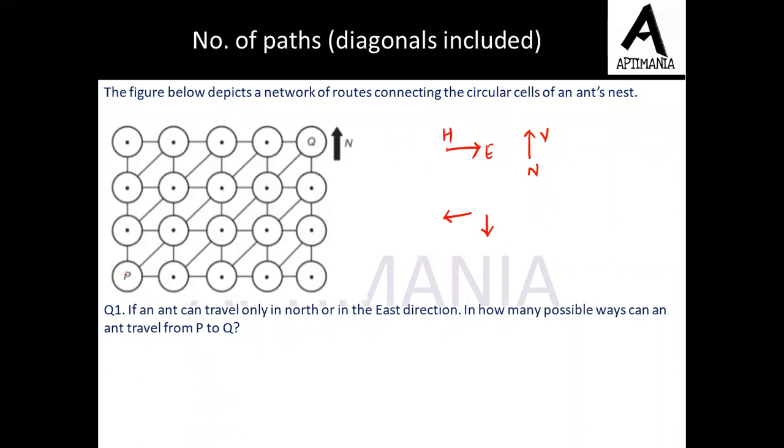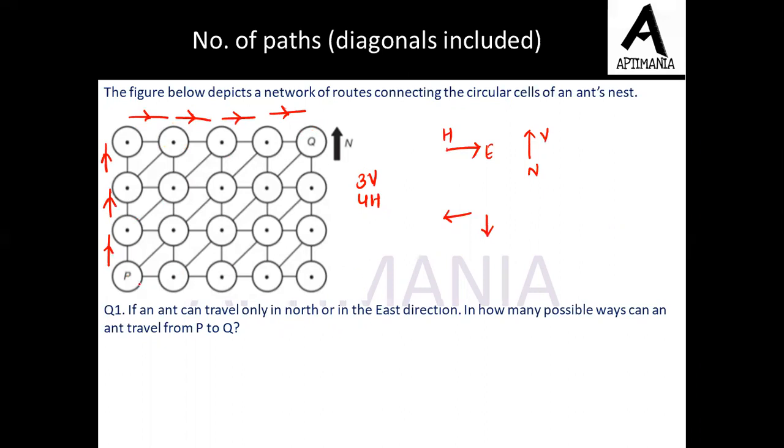Now you want the ant to travel from P to Q. So let's begin with it. Taking any random way, I am taking this route. So the number of vertical movements that we are having is 1, then it is the second vertical movement, then it is the third vertical movement, right? So we have 3 vertical movements, and let's talk about horizontal movements. This is 1, this is 2, this is 3, and this is 4. Total of 4 horizontal movements are there. So total steps taken are 7.